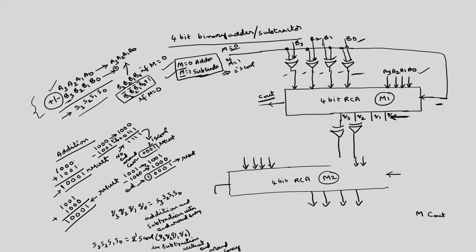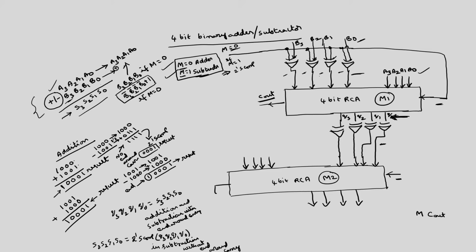I will give the exclusive OR gates. This is the third exclusive OR gate. This is the fourth exclusive OR gate. So, in 3 cases, as I have told, the same input has to be transferred to the output. In only one case the complement has to be taken, and at the same time this also has to be made 1, so that it will be 2's complement.